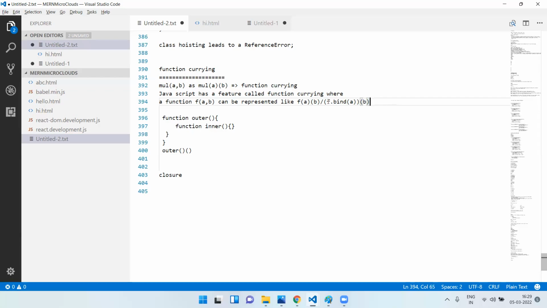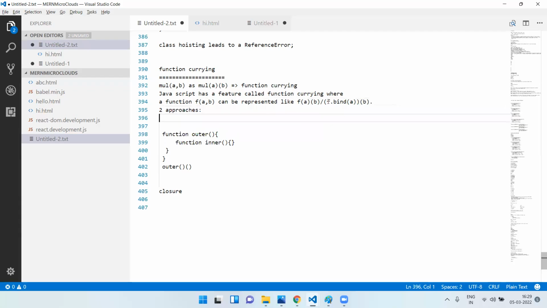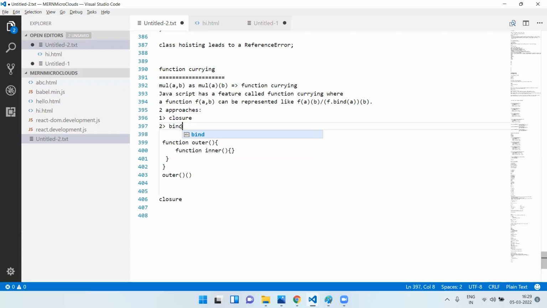So this can be achieved in two ways. There are two approaches. The first one is closure, where you say f of a comma b is f of a and f of b. And the second one is the bind function. Do you remember bind? Yes or no? In closure, what you are doing is telling f of a comma b